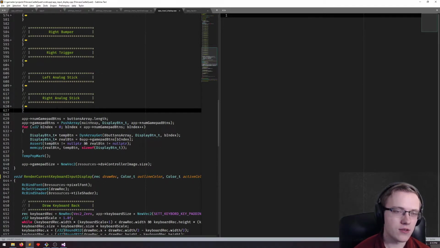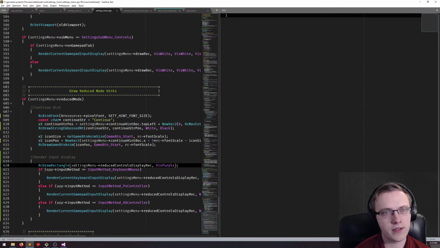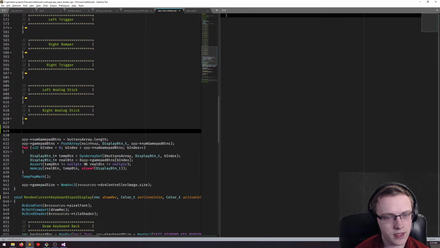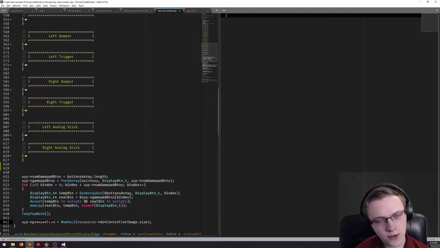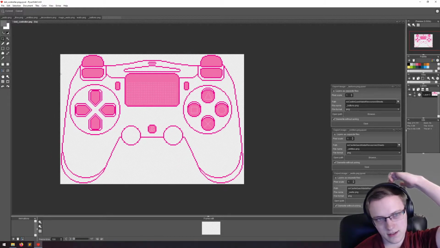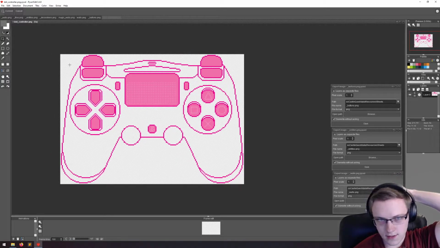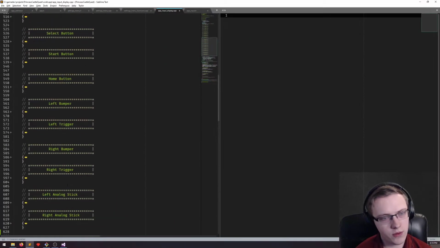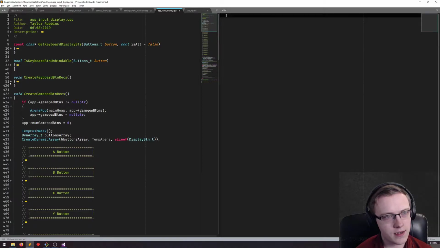Okay, so we need to fill in these positions. Basically, where does that rectangle get defined for the gamepad? DS4 controller, gamepad size. Yeah, so for the gamepad specifically, we know the size based off the size of this image. This image always defines the size of our display. But for the keyboard, that's not true. I think at the end of the keyboard one,